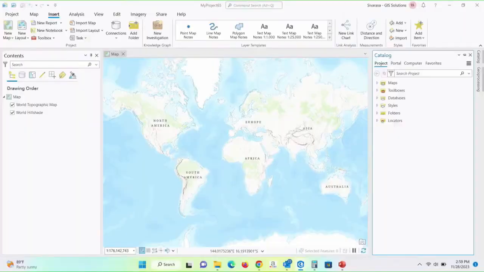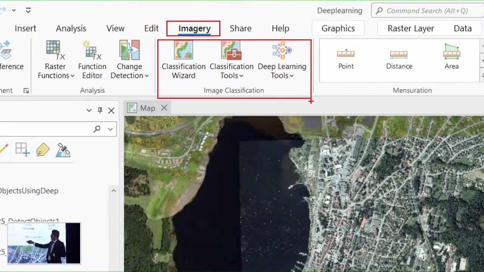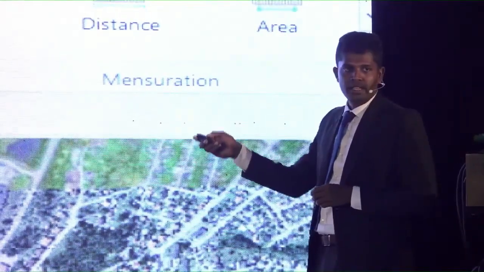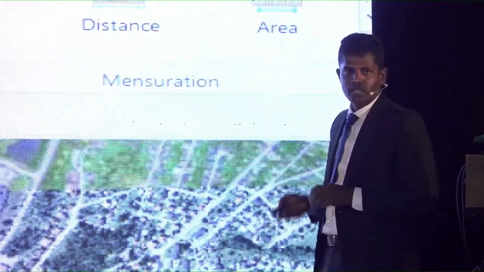Right. So this is the ArcGIS Pro window I just showed. Through this one, of course, we have this analysis process. Through that, we can proceed with these things and get the work done to reach a proper solution to the real problem. Now you can see how we can get the tools and functions to do that work. It is under this classification tool, so we can take those things and start our work.